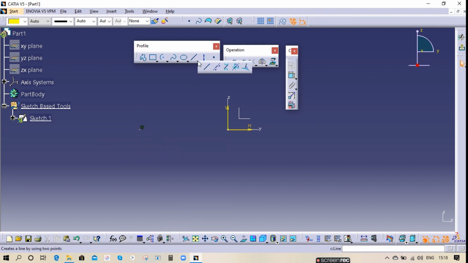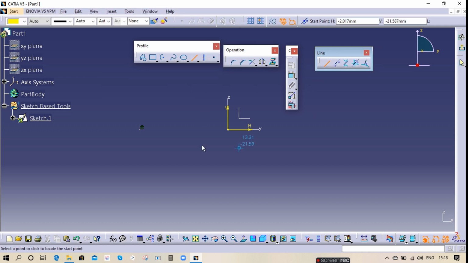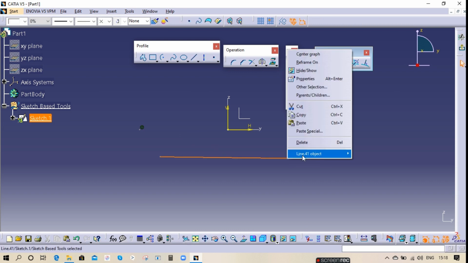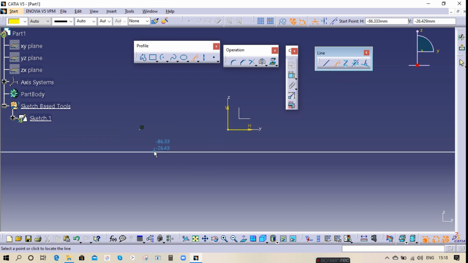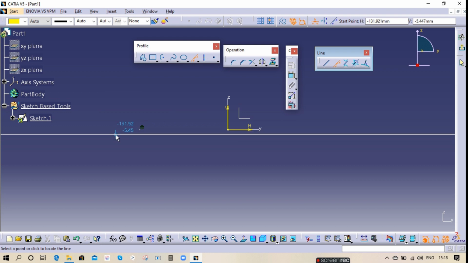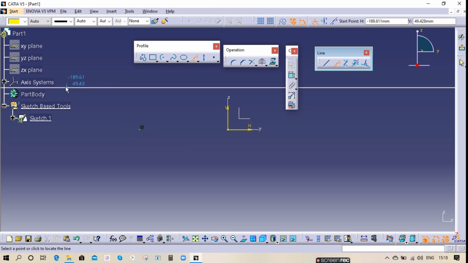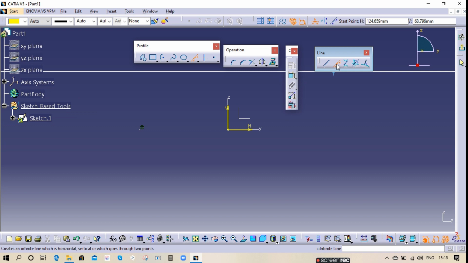Okay, so the next one is line type. So line, in the sense simple line, only one line will form. It is not like a profile, only one line will form. This is an infinity line. So directly you can make, if you want to tell someone from here to here, you can make this option. So it is an infinity line.